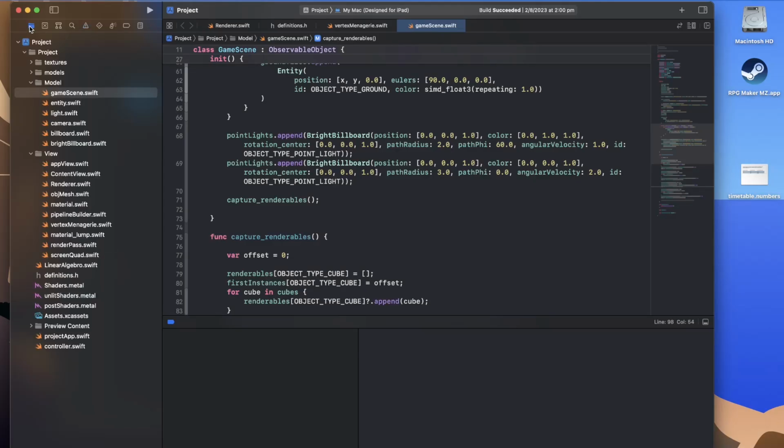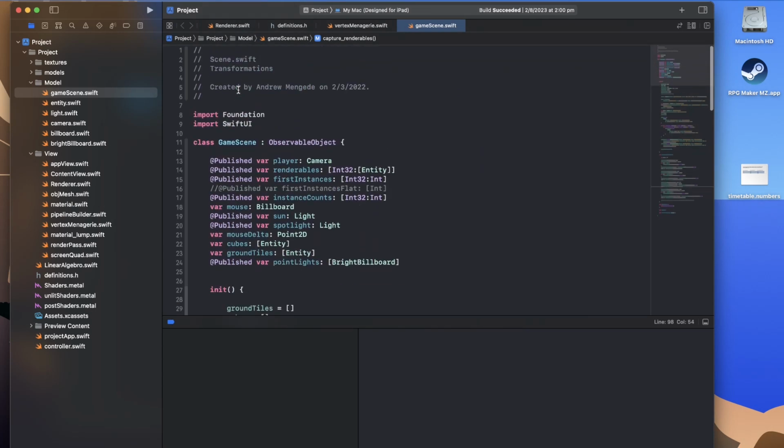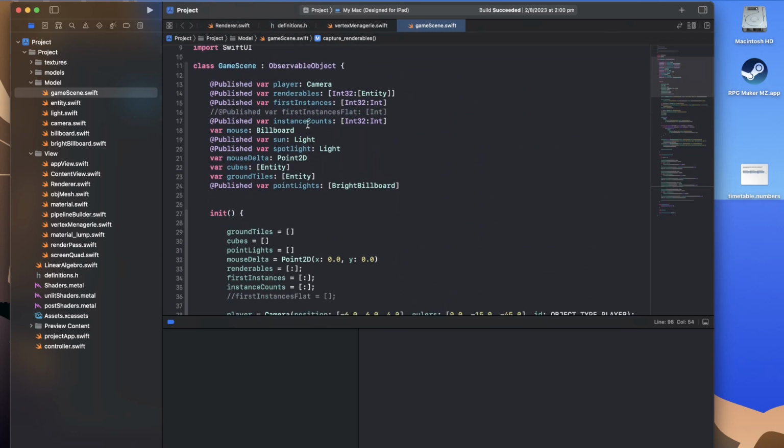Okay, so here's the code. I'm not going to explicitly go through every single line because it's a lot of little bits of refactoring. But I'll try to give a brief overview. It's linked down below. You can have a look through, get comfortable with it. The basic idea is that,